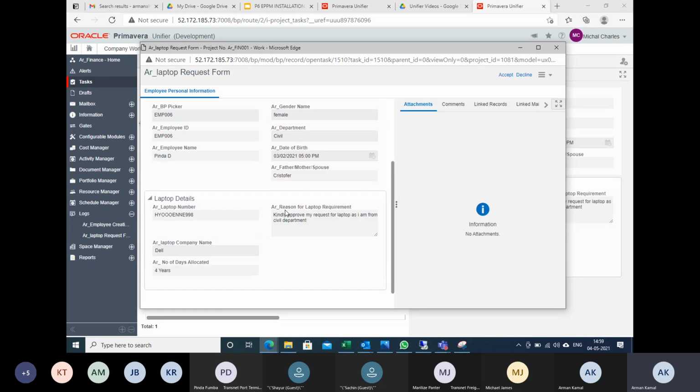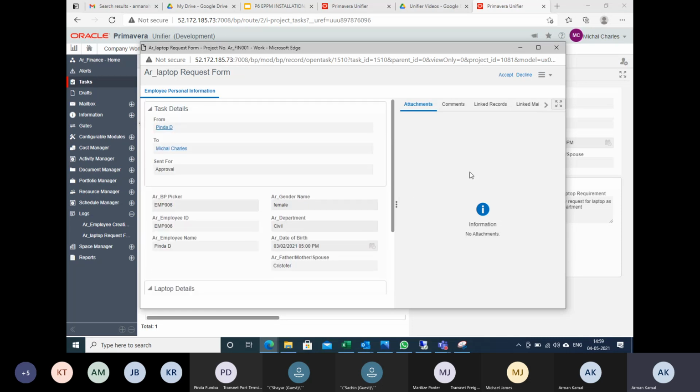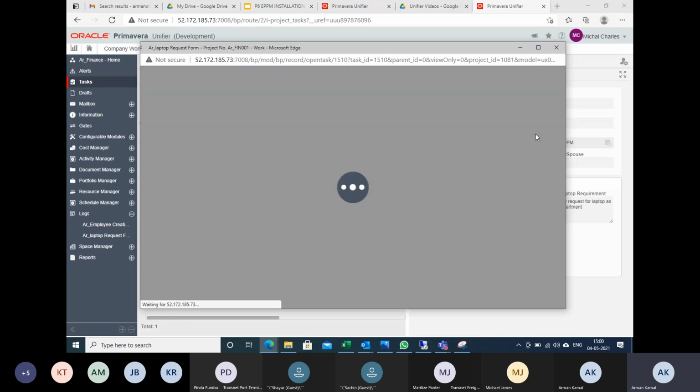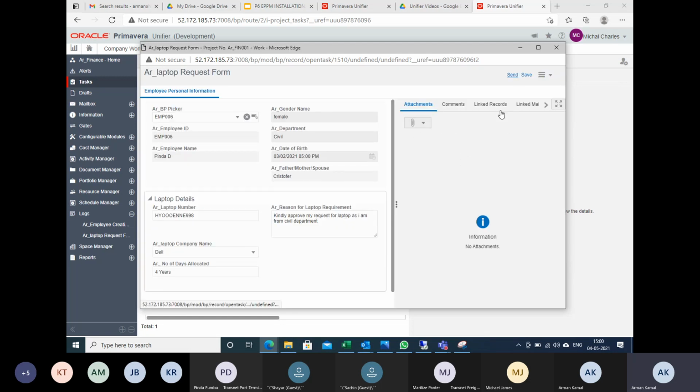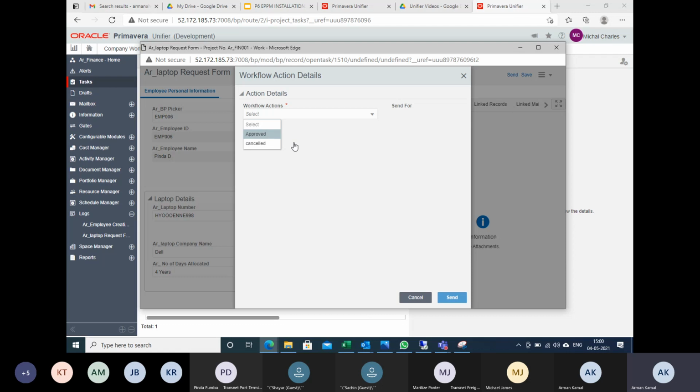So you can see these details. This is something which is okay. I will accept it, and I will send it by tagging it approved.